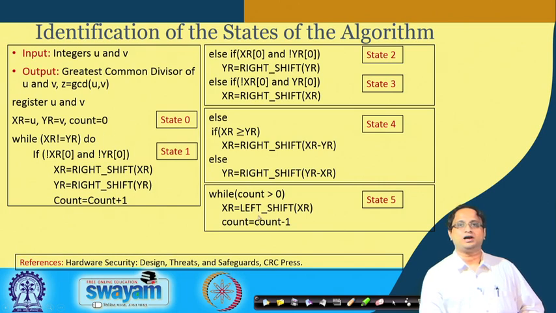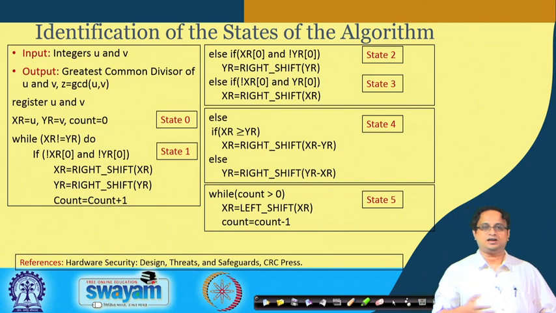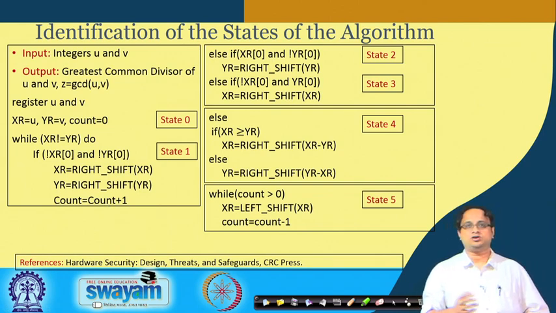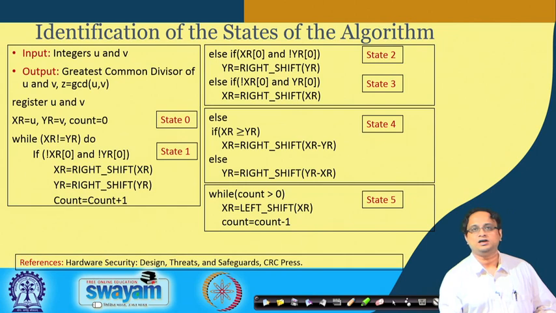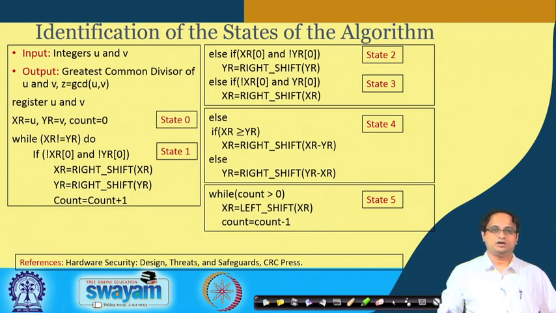When finally all of this is done, that means when I exit this while loop, I come to this point, and remember I have a value of count to indicate how many times I have taken out 2. So I have to multiply by 2 count times, that is, 2 to the power of count into XR. 2 to the power of count means I have to left shift XR each time. So I left shift XR count times, and that is equivalent to doing 2 to the power of count, in powers of 2.